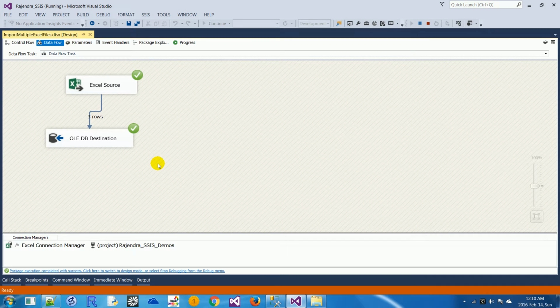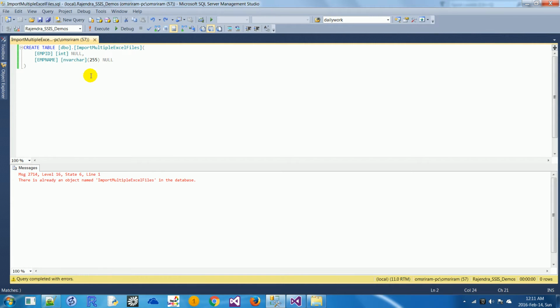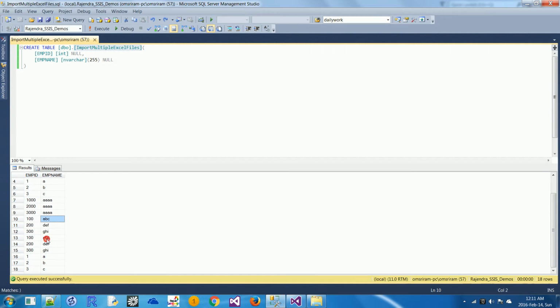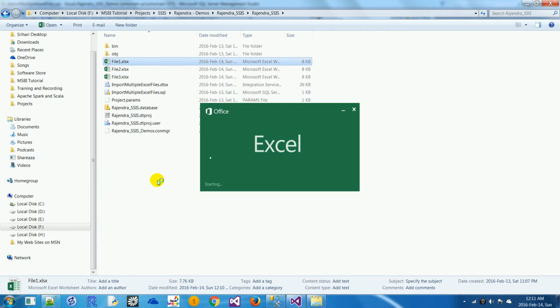There have been many articles saying that it will give an error when you add multiple columns, but it didn't give one. What is the problem? Where is the problem? Let's read the data within this, and some more data has been added, but it has not thrown any error. But if you open file 1 again,